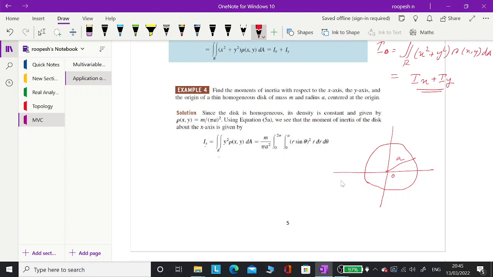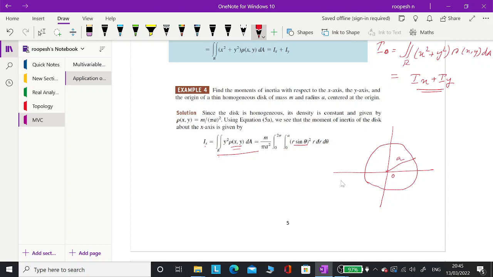Now with respect to the x-axis, we know the formula as the double integral over y square rho xy dA. Now that will become y square. You can take this in polar coordinates also, that is, the double integral where instead of y square you have r sine theta square. Now rho xy is going to be as